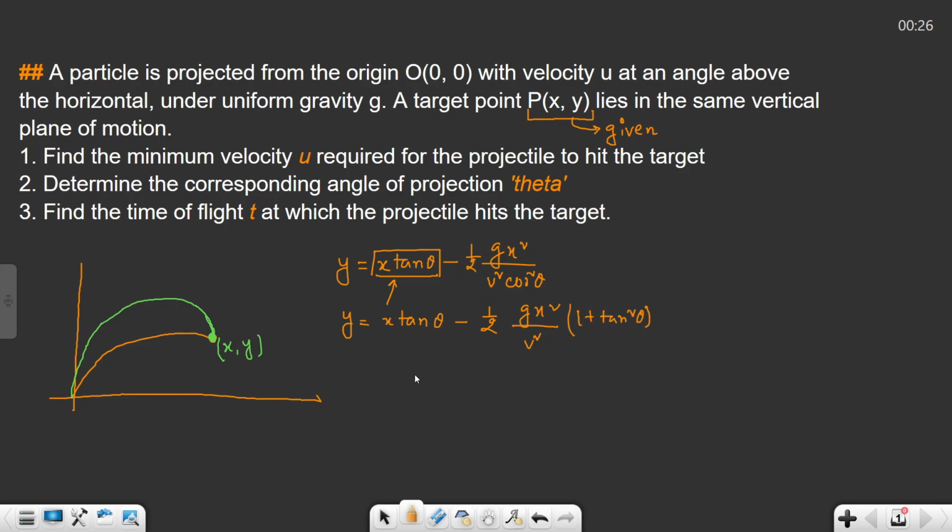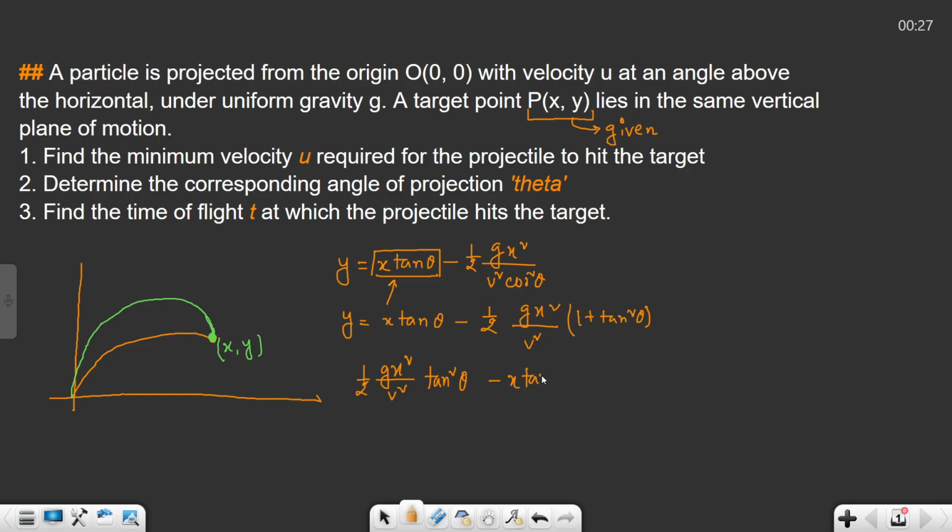So we have this right here. Now, as you can already see, we have something like a quadratic equation of tan theta, right? So we can neaten it up, and that's what we are going to do. So half gx squared divided by v squared tan squared theta